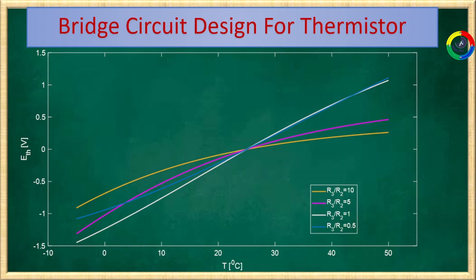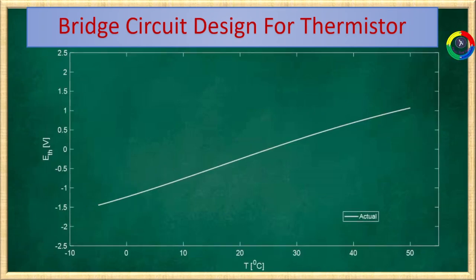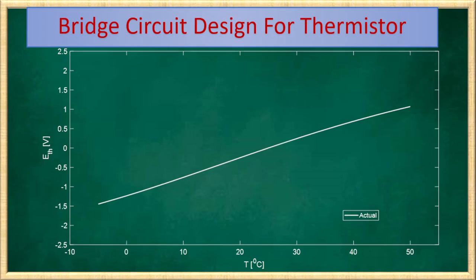As you can see from the plots, the sensitivity and the linearity vary. From those four options, I get, for example, better linearity and sensitivity when I choose R3 over R2 equal to 1. And let's take the graph. Now, this is the graph representing the relationship between the temperature T in degrees centigrade and the voltage ETH by setting the ratio R3 over R2 equal to 1, or in other words, by setting R3 equal to R2, where the temperature varies from -5 degrees centigrade to